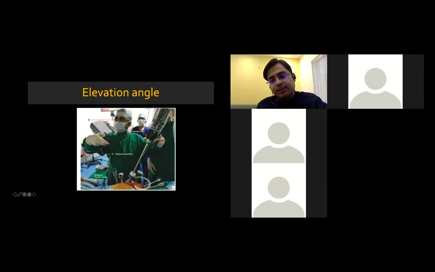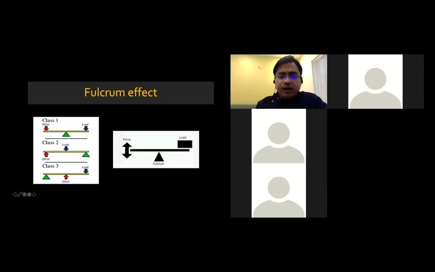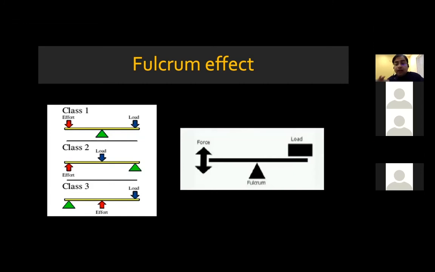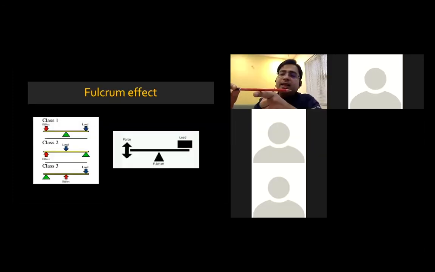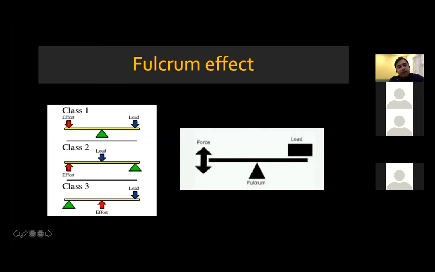on the neck muscles. Now coming to the lever principle, it is very, very important to understand the lever principle. All the instruments in laparoscopy work on the lever principle. That means that instruments move around the fulcrum. So if you look at figure 1, this is the fulcrum and this is the instrument. The part which is outside is the lever arm, and the part which is inside the abdomen is the effector